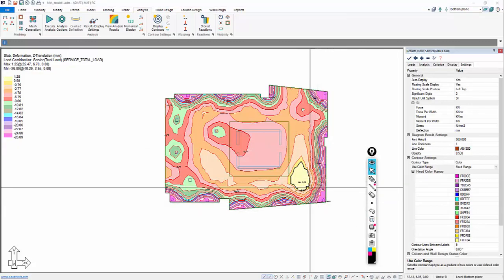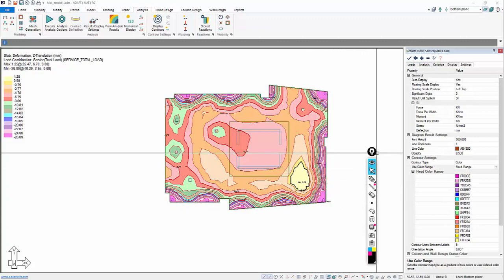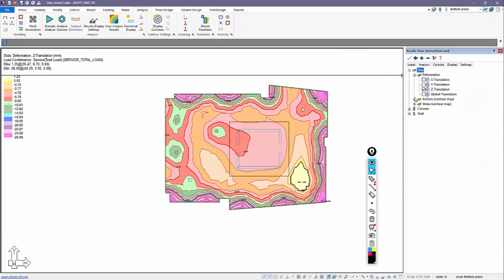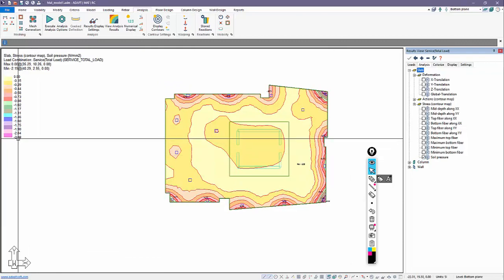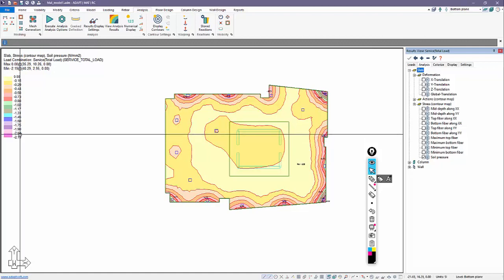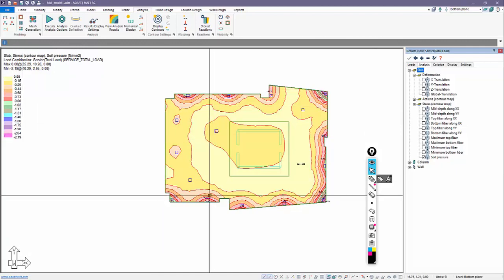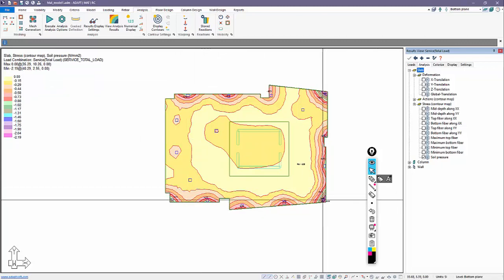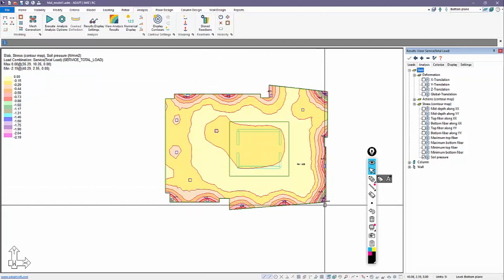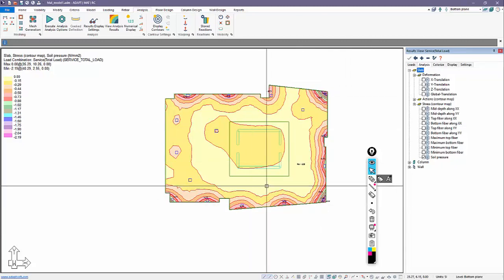Again, our max displacement is around 27 millimeters. If we go back to analysis under slab stress, we're going to look at the soil pressures. And we can see the maximum soil pressure here is 2.19 megapascals. And this is, again, negative is in compression. So this is the compressed corner here where we're just pushing into the soil. We have a rather heavy load there. And we could use this to determine whether or not we exceed some allowable bearing condition that we're imposing on the design of the structure.